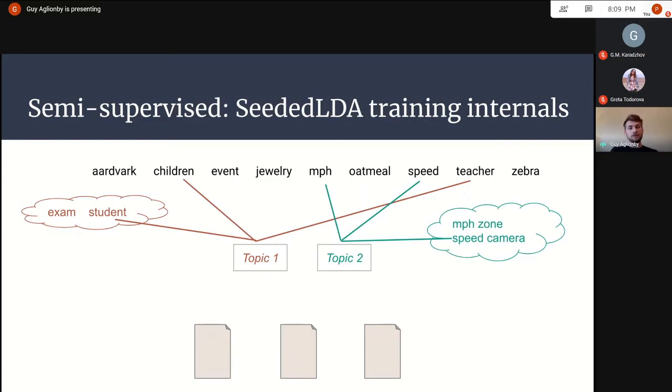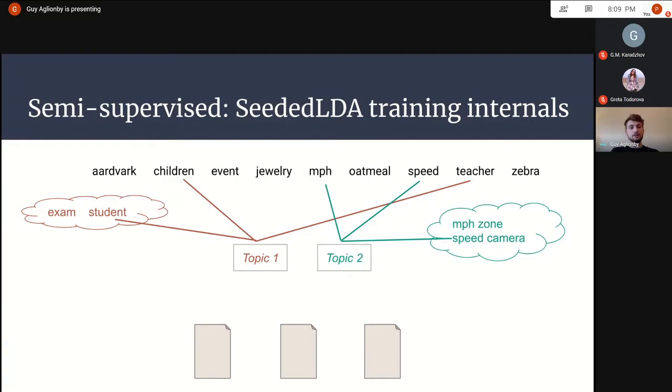For example, for topic 2, we pick out MPH and speed from our two seed bigrams, which is great. And it solves our problem with driving, speeding, and vehicles. Driving is motorways, drivers, traffic; speeding is speed cameras; vehicles are buses or whatever.